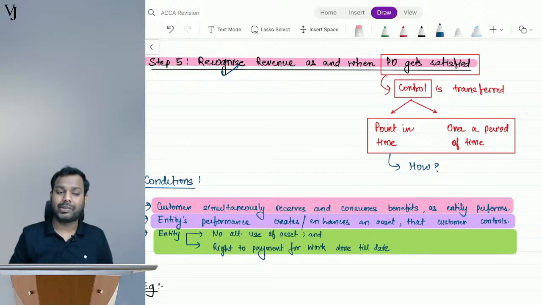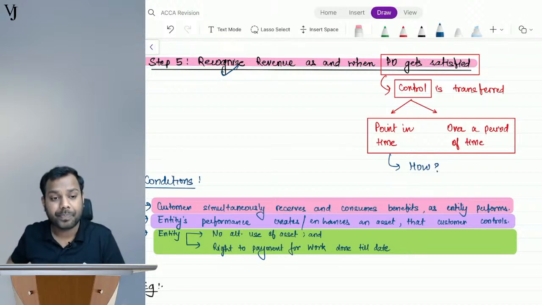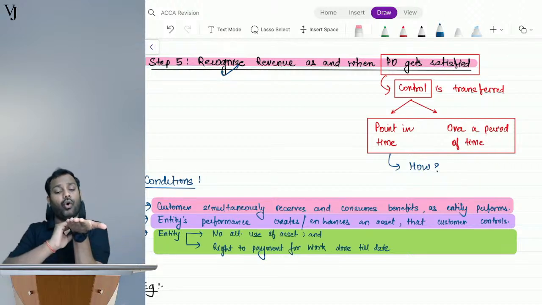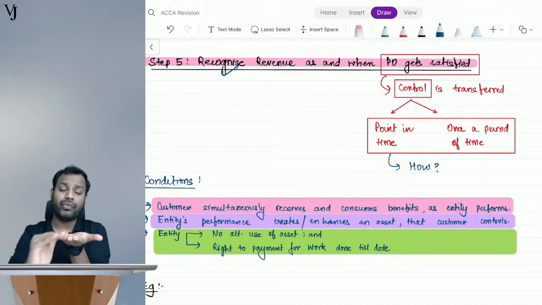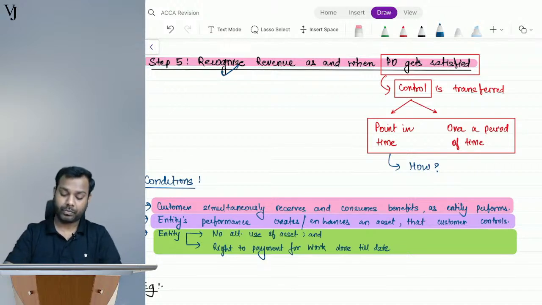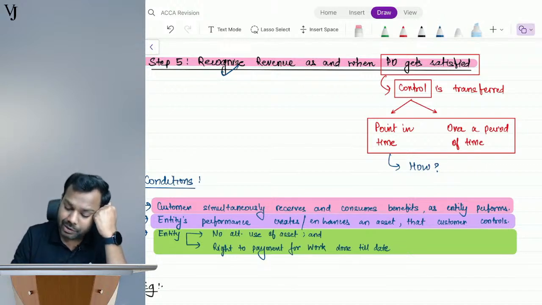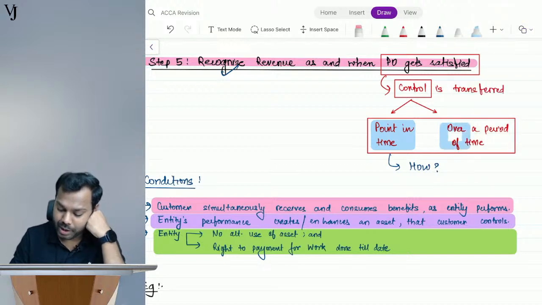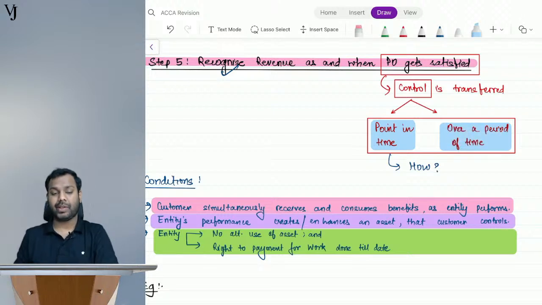Now understand, guys, when we are delivering a distinct good or service to you, what is that called? Tell me. That's called that the control is being transferred over a period of time. Control is being transferred over 2.5 months. Okay, so control can get transferred at a point in time, or control can get transferred over a period of time. I believe you guys are understanding this part.